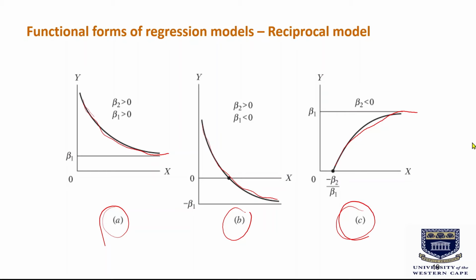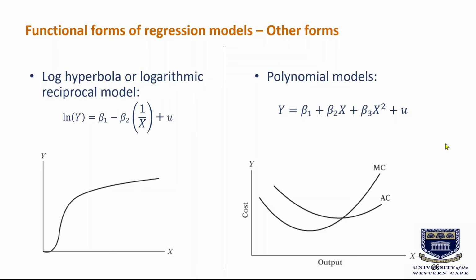Yeah, okay, so have a look at that example in the textbook as well. Okay, two other functional forms very quickly are the logarithmic reciprocal model. So here you combine the reciprocal model for the x variable with a logged y variable. And this